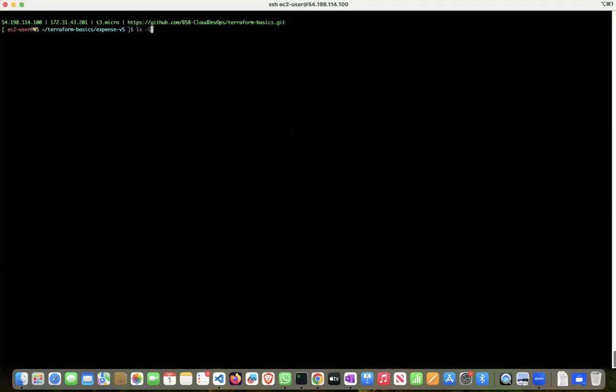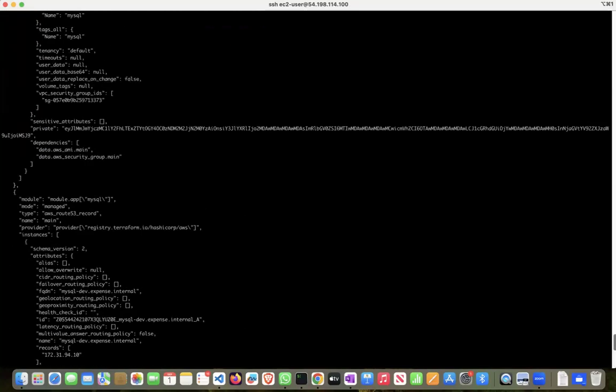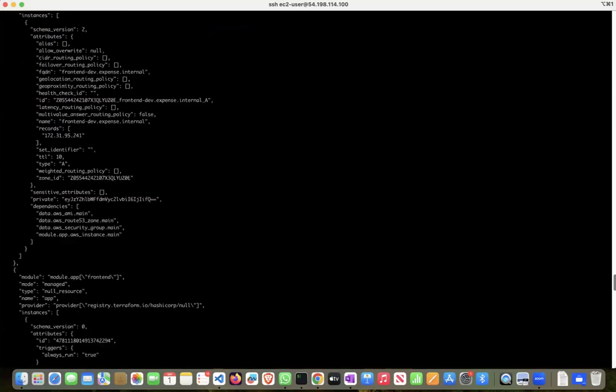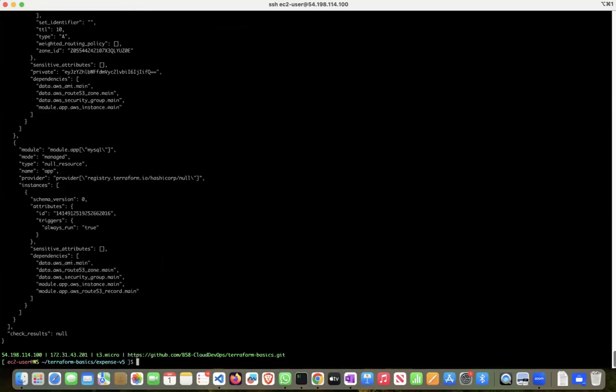So Terraform also, whenever you do a terraform apply, creates a file called terraform.tfstate. It is very, very important. And that is the reason at any time you make some changes, it also creates a backup file. What is this file and what information does it have? Just see this. Can you see this? When you open the terraform.tfstate, which is a backup file, this contains the list of all the information that